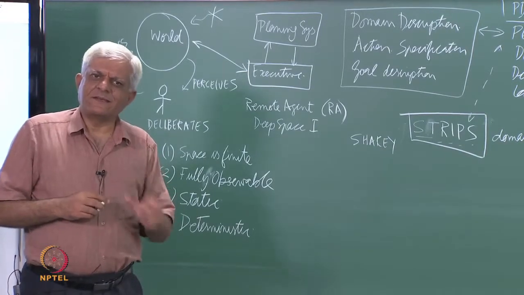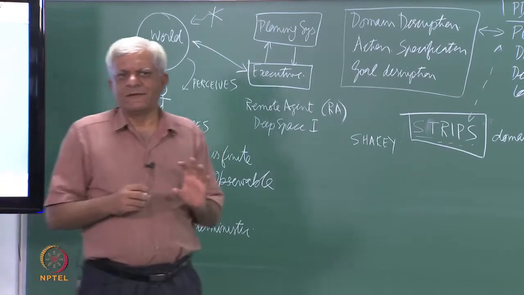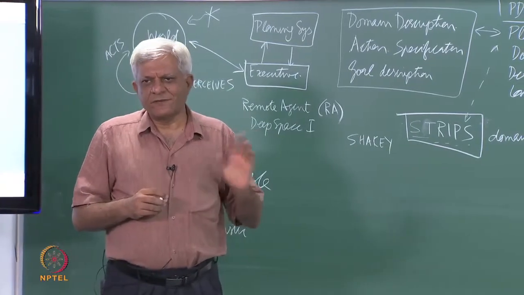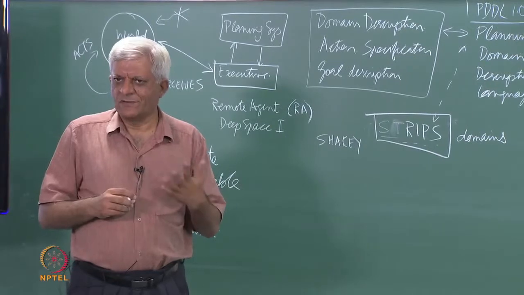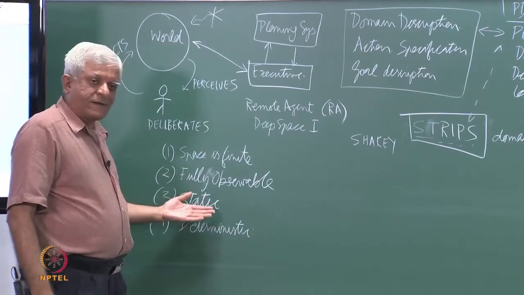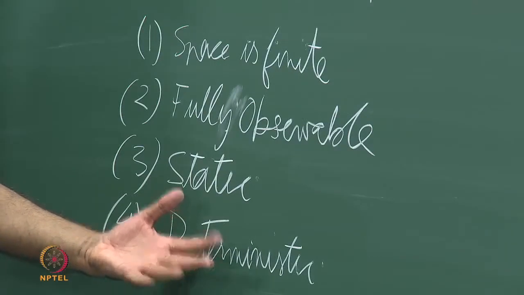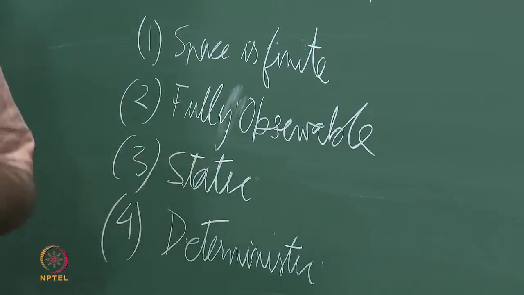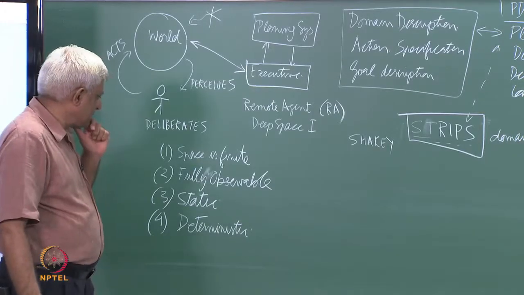So, the effect of deterministic action is that once you plan, your plan can be executed without any flaws essentially, because the world is fully observable and static and deterministic. If you make a plan, the plan will execute in the world. So, you do not have to worry about monitoring the plan and things like that essentially.